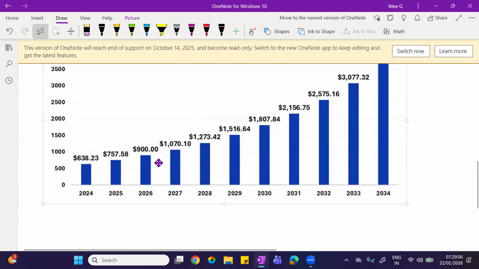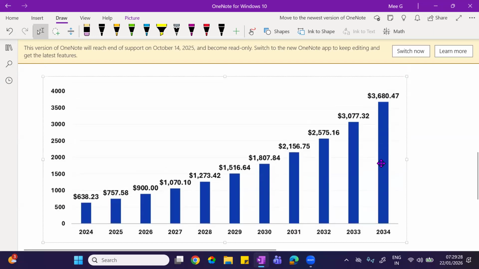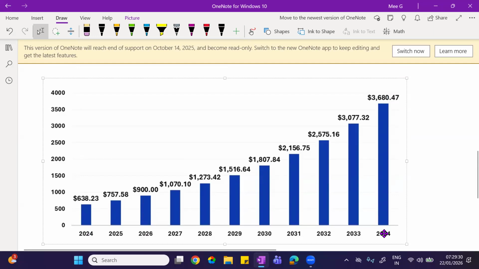Look at the investments over time: private-sector investment in AI is expected to be almost $1 trillion in 2026, and a decade after that, approximately $3 trillion.